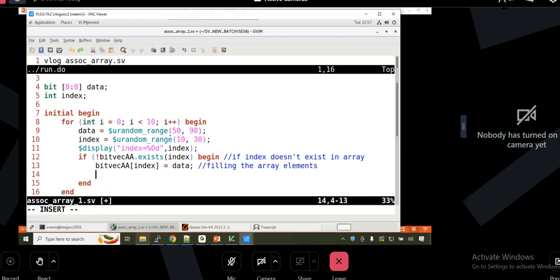Not only that, what else should I do along with that? I plus plus should be done here only, not here. My iteration should not go ahead. My index I should be incremented only if I'm able to fill the value in the array. Otherwise, my index should not proceed further. This will ensure that you're generating how many elements? 10 elements. Now if I run it,